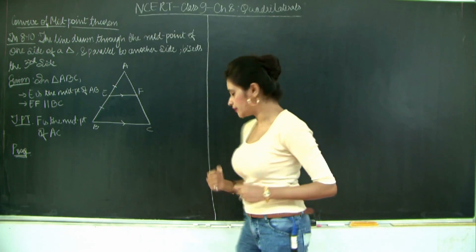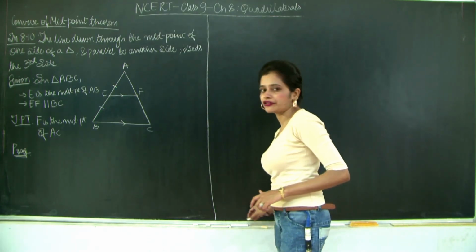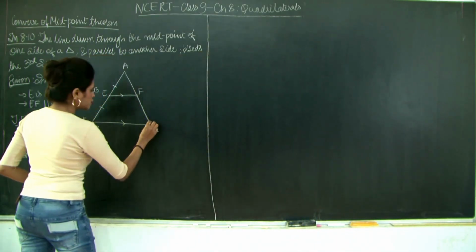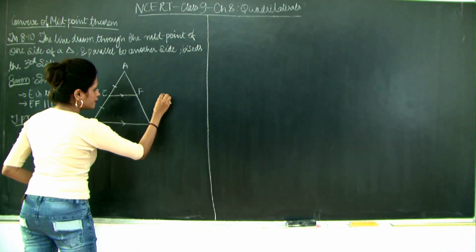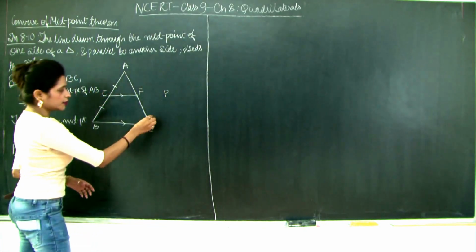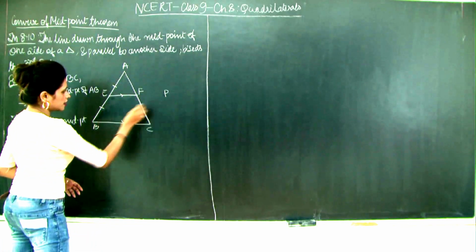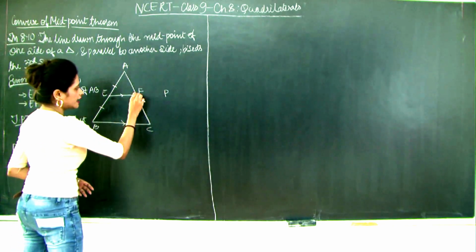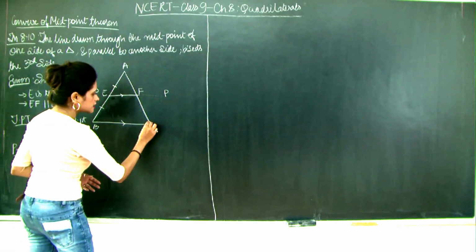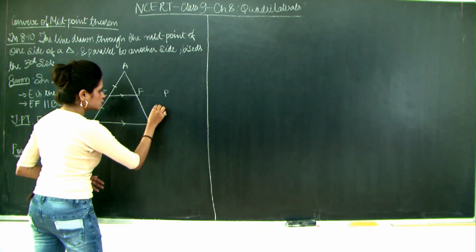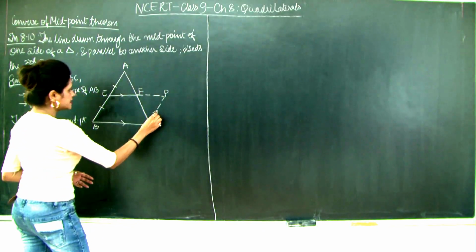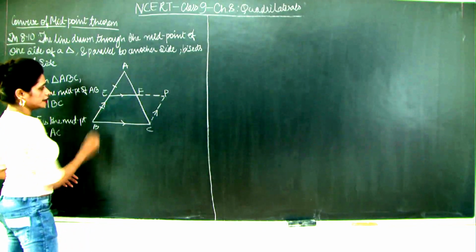So, how do we prove this theorem? That is the converse of the midpoint theorem. Like we did in the earlier theorem, we took a point, I will call it P, and connected it to C such that CP is parallel to BA, and then we draw this construction. I will darken it for you, but just remember that this is our construction. I am making dashed lines. So, here I have CP parallel to BA.